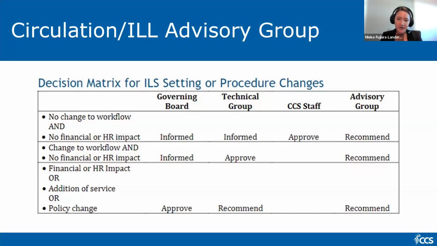So for those types of changes, the advisory group would make a recommendation. The technical group would then review and decide to also make that recommendation. And that is then taken to governing board, and the governing board would make the final approval. So these would be like really big things, like something we'd require, all libraries to have a full-time phone attendant on staff. Or we're going to make being fine-free a formal policy for all CCS libraries. So really big stuff like